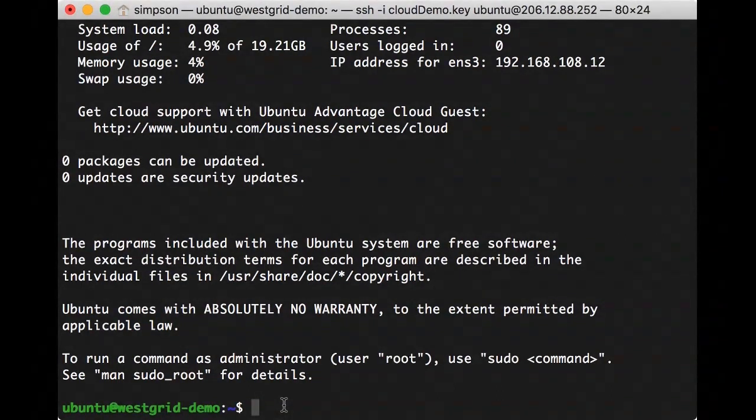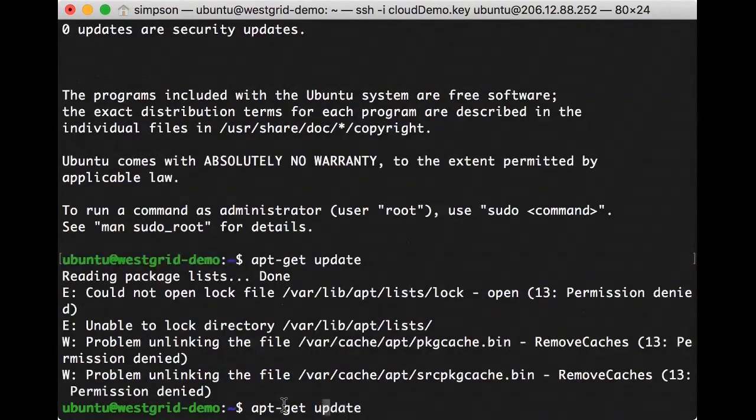On Ubuntu it's apt-get, which stands for aptitude get. It's the tool to update the operating system and all the tools that are available. I need to tell it that I'm the superuser, so I have to say sudo at the front. Ubuntu systems have what's known as passwordless sudo, so you don't need a password to become the superuser. You can just type it in. It's another reason to make sure your VM is locked down if you're going to use Ubuntu especially. So I'm going to say sudo apt-get update.